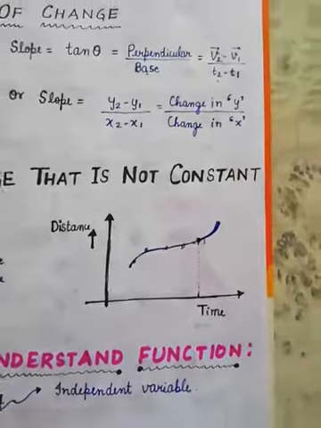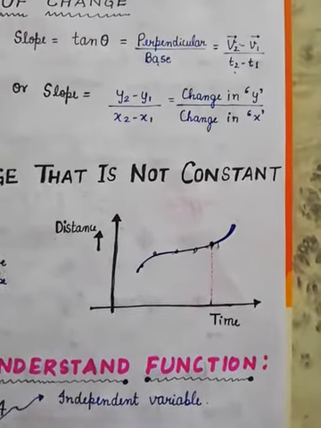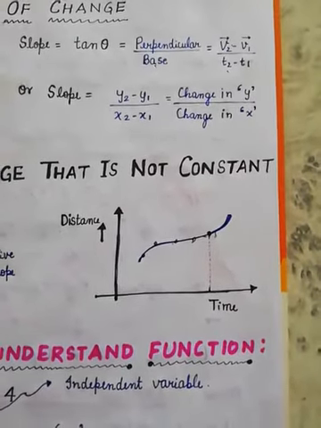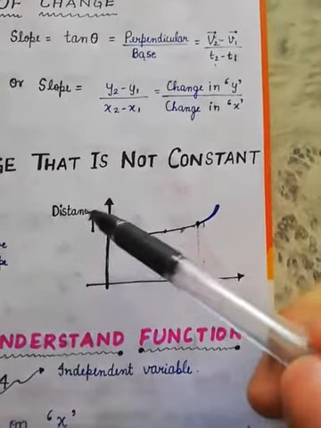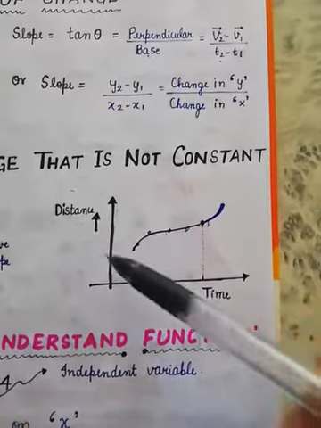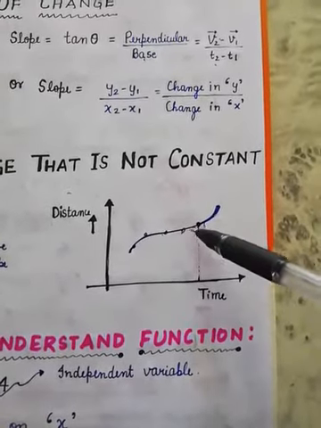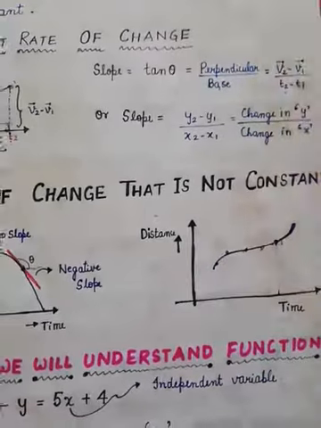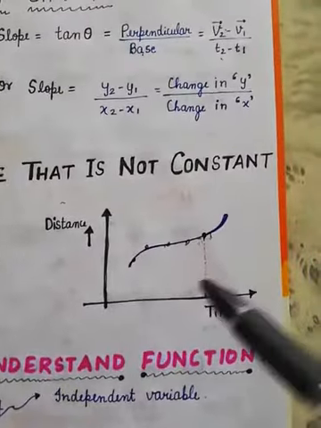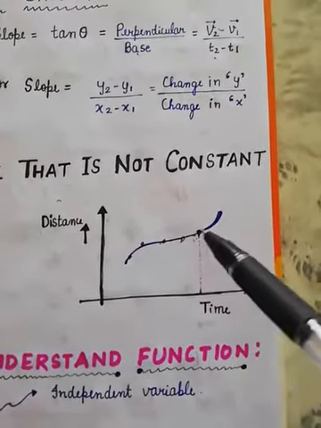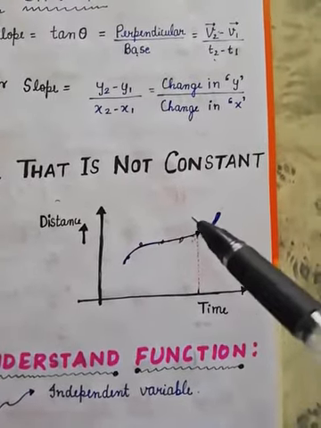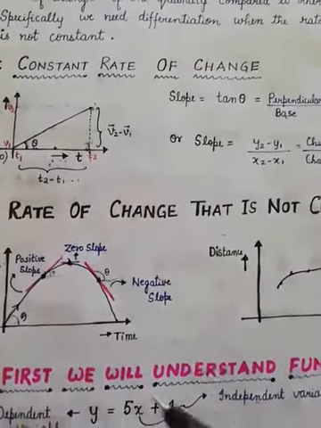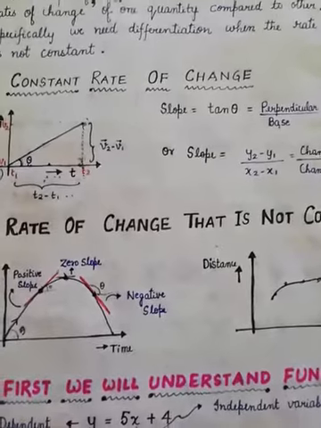For that we will take the help of differentiation. That will make our mathematics and physics so much easier. With the help of that, we can easily calculate the slope of this graph at any point. So how do we calculate the slope of these random behavior graphs in which the slope keeps on changing at different points? For that we will take the help of differentiation. So in order to understand differentiation, look at the next video.